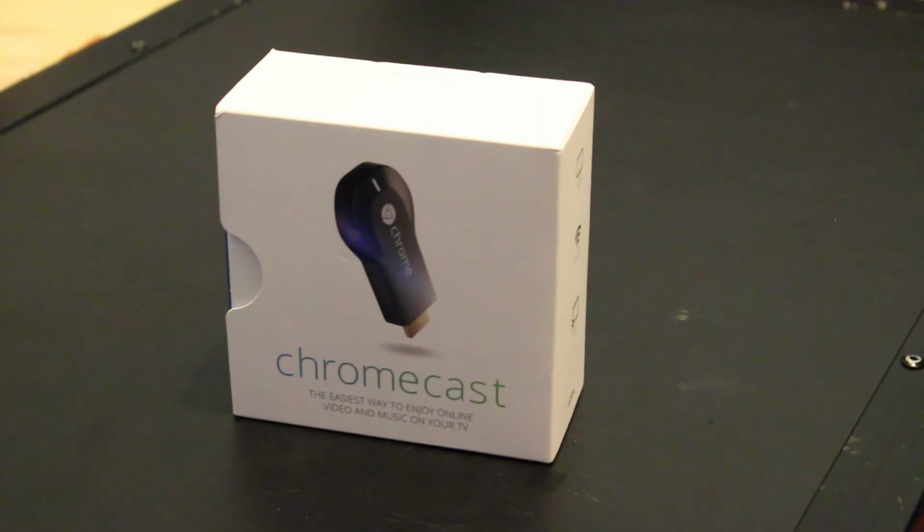Today I'm going to do the unboxing of Google Chromecast. Also I'm going to demonstrate how to play back your audio and video files from inside the Chrome browser on your Mac and your PC. I'm also going to demonstrate the 3D playback of Google Chromecast, which isn't very good at the moment, and while